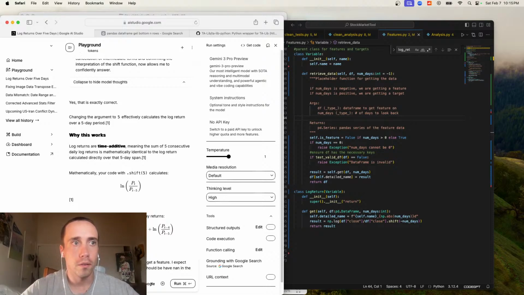If I do +5 to get a target, but all rows of feature have values. If I do +5 to get a target,